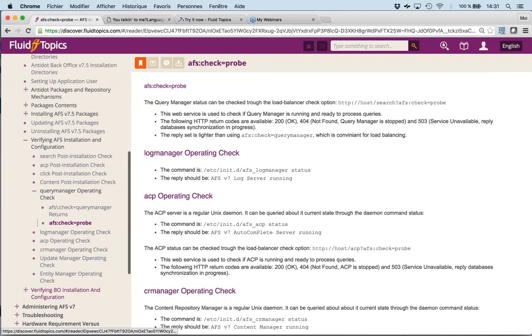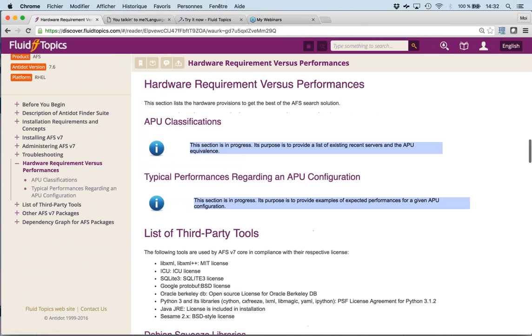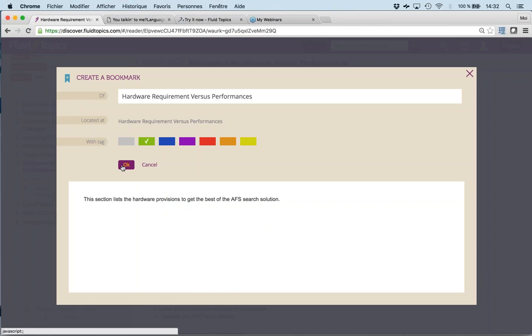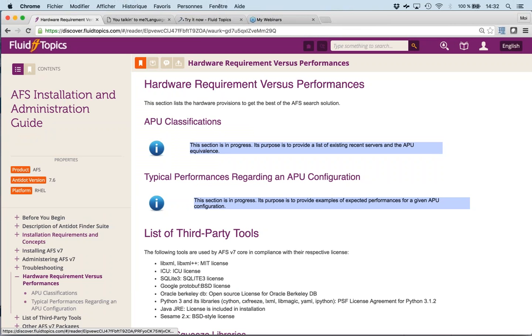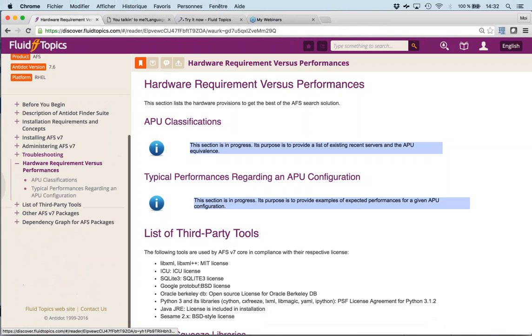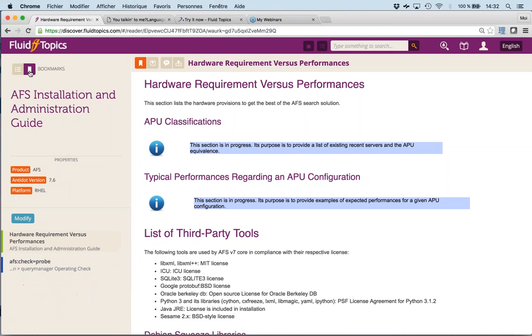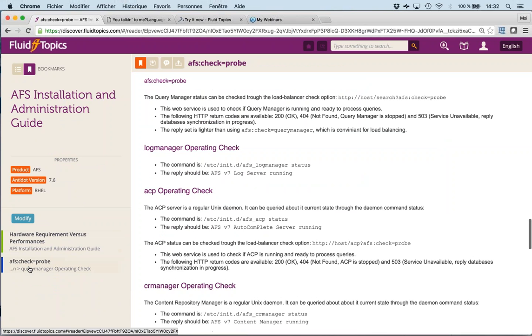Let's jump anywhere else, create another bookmark, make it green, okay, and you see my bookmarks. So I have two views of the same book, the table of contents view or the bookmark view, and I can just click anywhere and jump back to that position in the book.